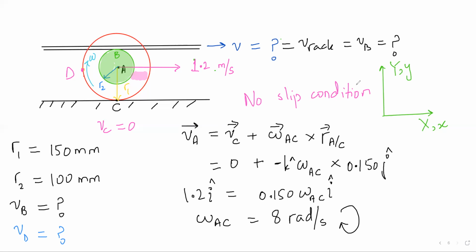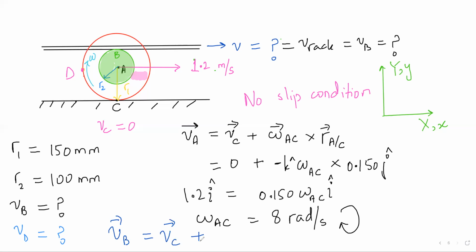Okay, then. What was the question? VB. Okay, VB equal to. Should I use point A or point C? Doesn't matter. In fact, some of the students might have even disagreed with me on this. They could have said, why aren't you even using B? VB equal to VC plus everything. You could approach this problem any way you want. So VB equal to whatever. I'm more comfortable with, I don't know, C probably.